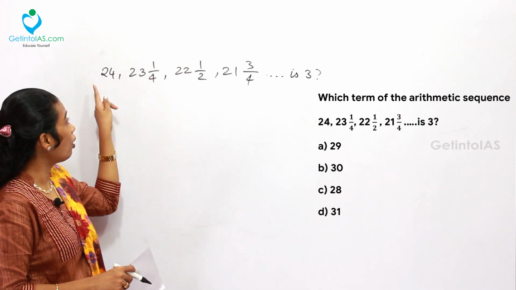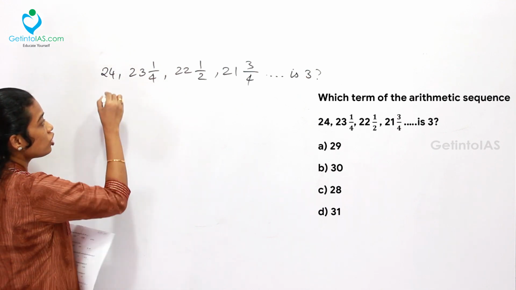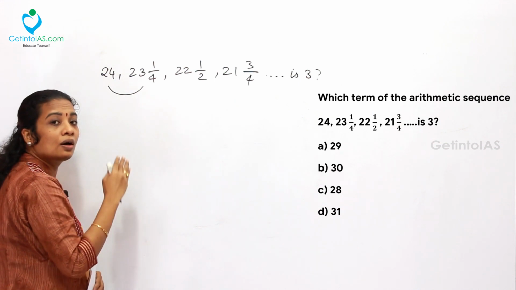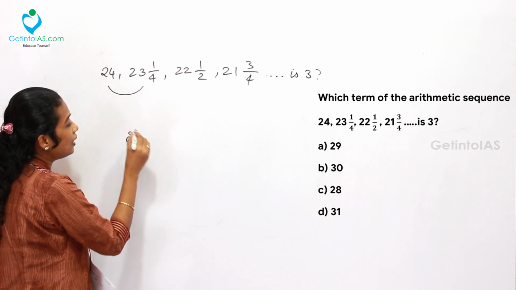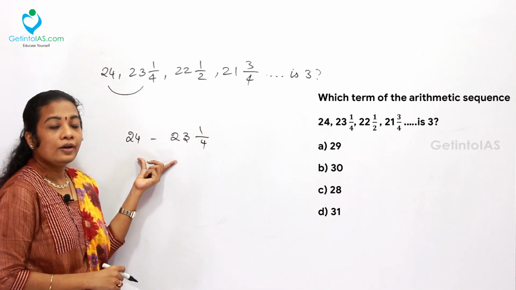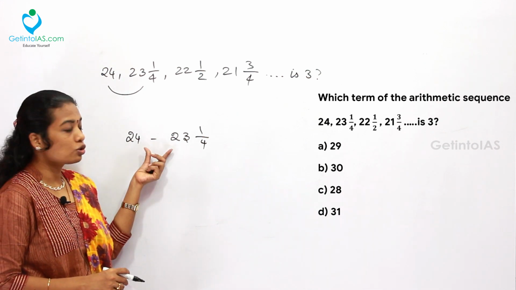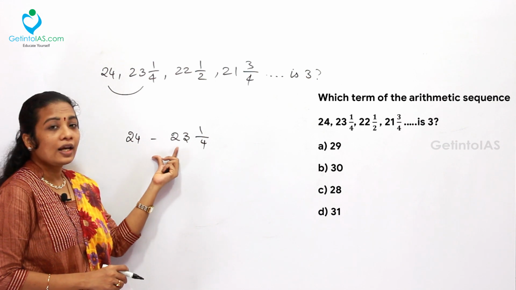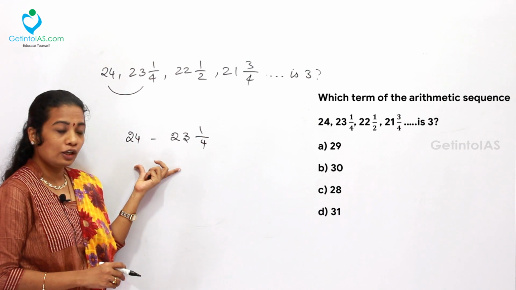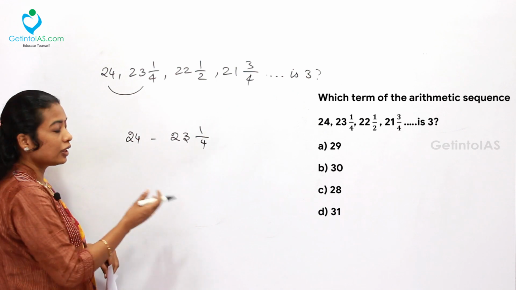So first of all, whether it is an AP or not, we want to find out. For that you can check the difference. Here one value is an integer, another value is a mixed fraction, so the difference can be easily found like this. In the previous video lecture on decimal fraction basics and introduction, we have solved many easy tricks for basic arithmetical operations on mixed to integer, integer to mixed, like that. So you can refer to that video.